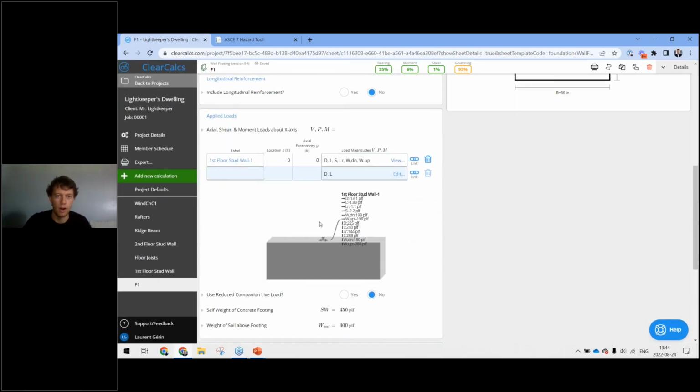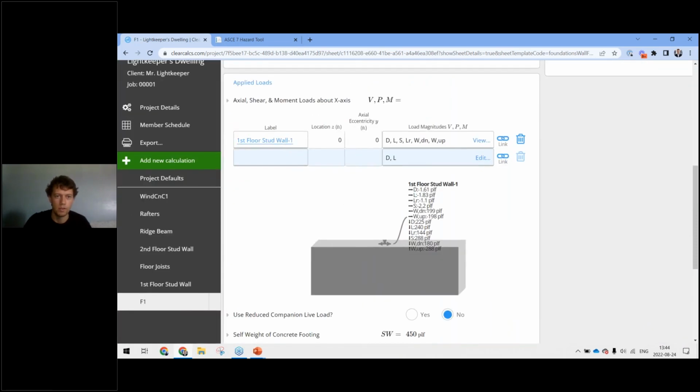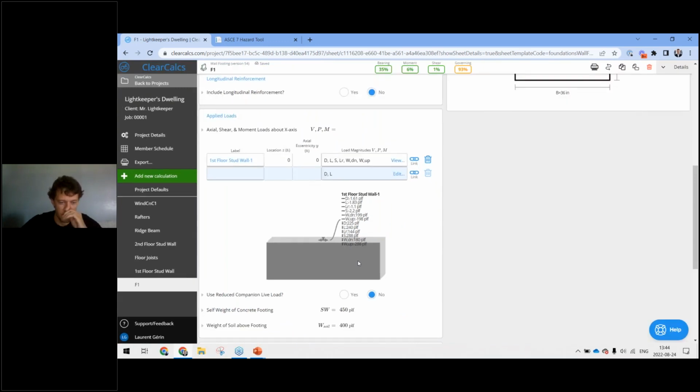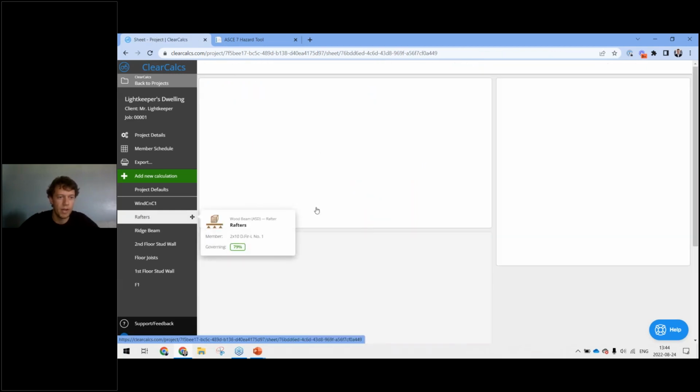And it's going to take all the loads here from the stud wall, which, because I've linked everything above it into this calculation, all the loads from my rafters, my stud wall above it, the floor joists, it's all coming into this calculation through this single link. So quite a useful feature, I think, and it basically guarantees you that. Let's try it together right now. If I went all the way back to my rafters,